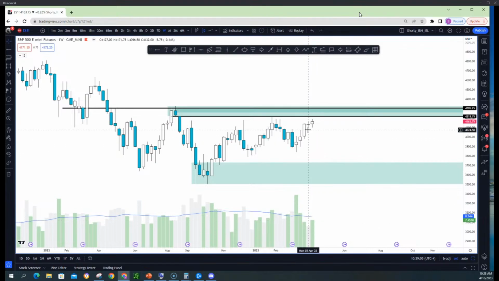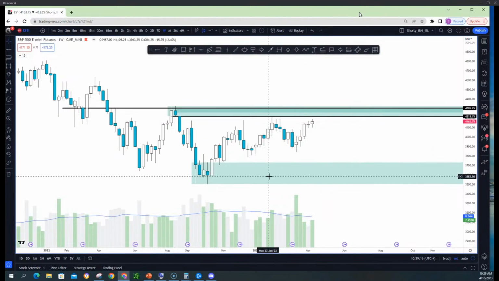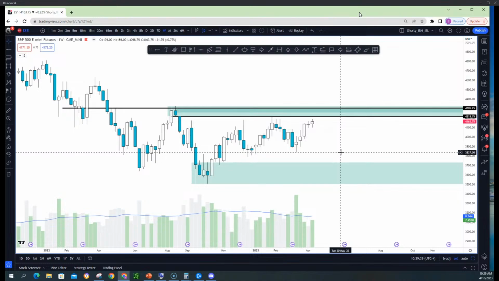I wish this candle here carried more volume because that would tell me a bigger absorption happened, but they did not. So let's see now if they trap more longs, because if they take this out here, I am pretty positive if they break 4,200, they're going to catch a lot of fish. They're going to be expecting then 4,300, and they might even give them 4,300 with a peekaboo, and then something bad happens news-wise and they take it down. Market makers are always going to do the opposite of what the retail is doing. I would say 99% of the time. That's why there's only 1% that's successful.